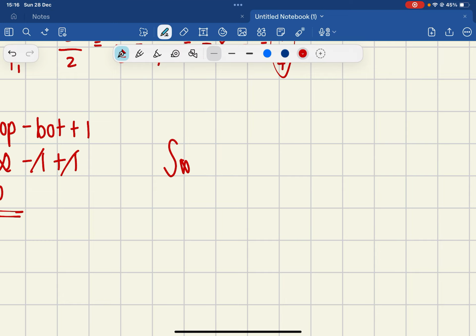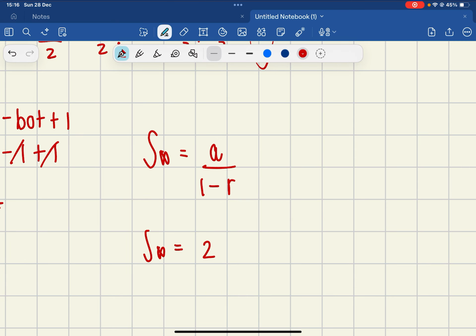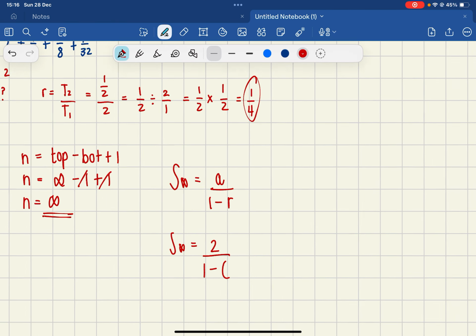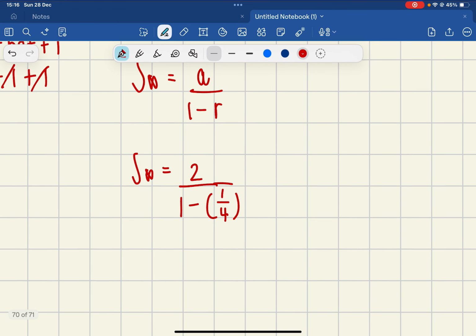So now what's our S of infinity? S of infinity is a over 1 minus r. S of infinity is equal to our first term, which is 2, over 1 minus r. What's our r value? Our r value is a quarter, boys and girls. So S of infinity is equal to